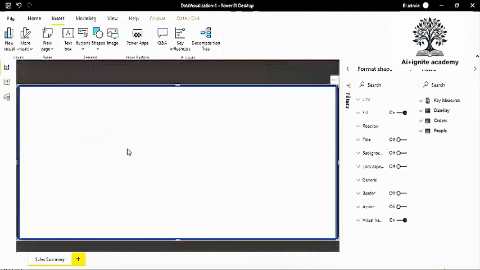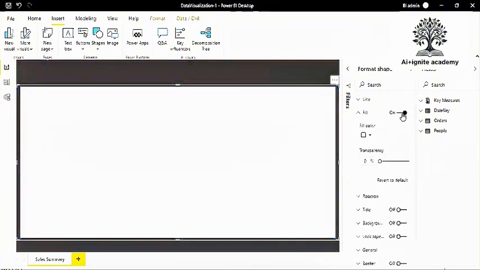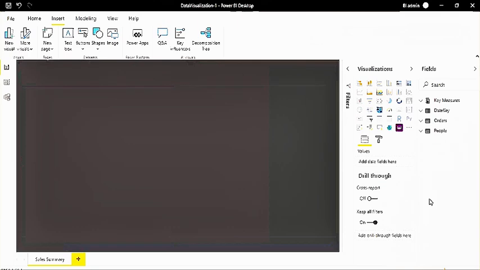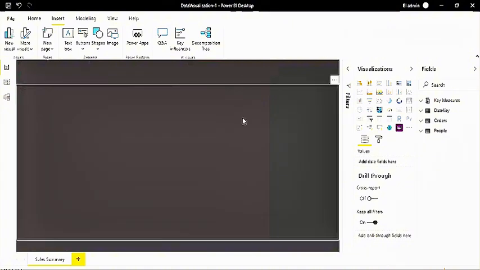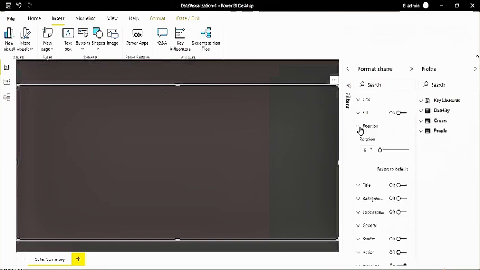How to change the properties, how to handle this rectangle now. First, you have to change the properties. The line, I don't want to show. I don't want to fill this, right? So now, if you look, you have the rectangle on your page, but actually it's not visible. Why? Because we have made that rectangle the same color as the report page background, right? But actually the rectangle is there. So for building creative solutions, you must know what kind of features you have and what the functionality of each is.